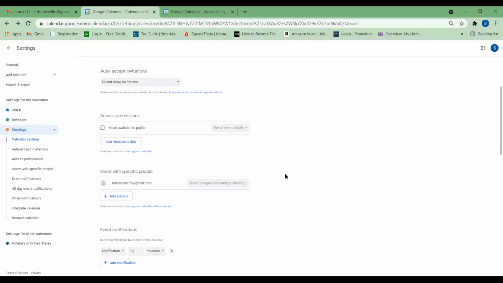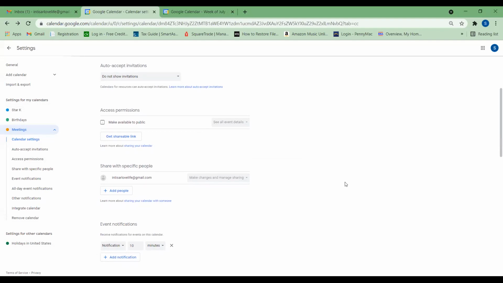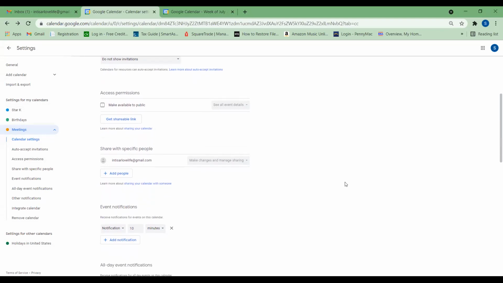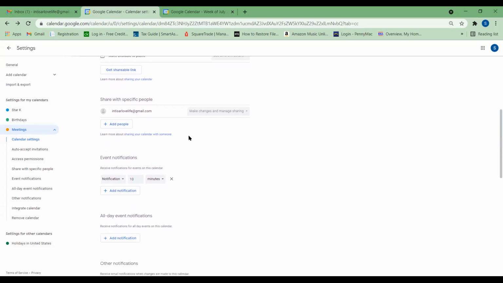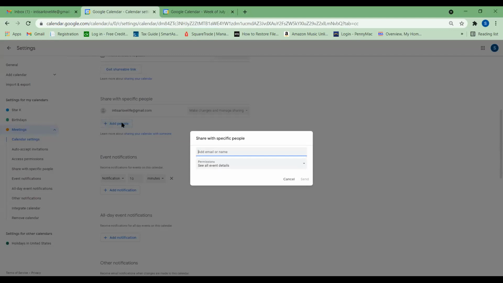Okay, and so once we share that, we need to give that person the permission to manage the events in that calendar. So share with certain people. Making changes and managing the calendar by default is going to be the owner, right? So the owner is the person creating the calendar initially. In this case, it's me. So it's going to be the person logged into that particular account. That's the owner. And once we add another person,